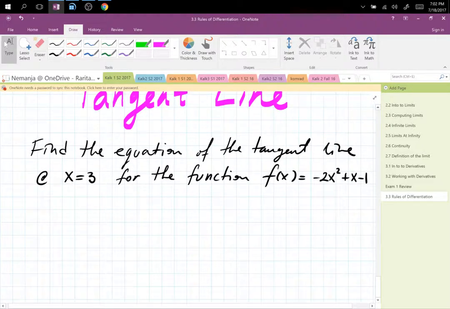We learned that the derivative computed at the value, in this case 3, is the slope of the tangent line at that point. So if I am to find the derivative, which you will tell me what it is,